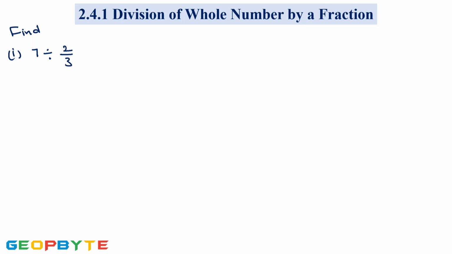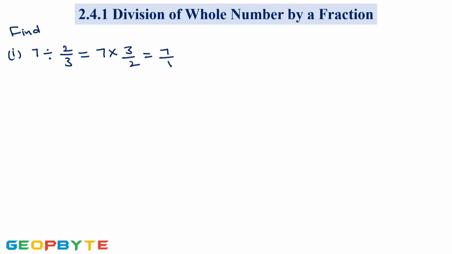So here 7 is a whole number and 2 by 3 is a fraction. So we are performing the division of a whole number by a fraction, which is equal to 7 into the reciprocal of 2 by 3. So the reciprocal of 2 by 3 is 3 by 2, which is equal to